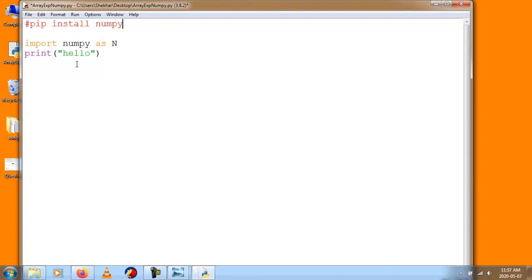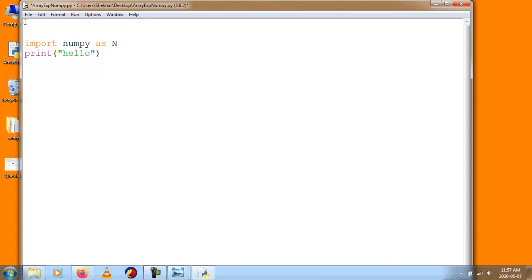That's it. So it will install NumPy. To execute this command, you require pip installed in your machine depending on your version of Python. Clear? So now we'll see how to write code for that.